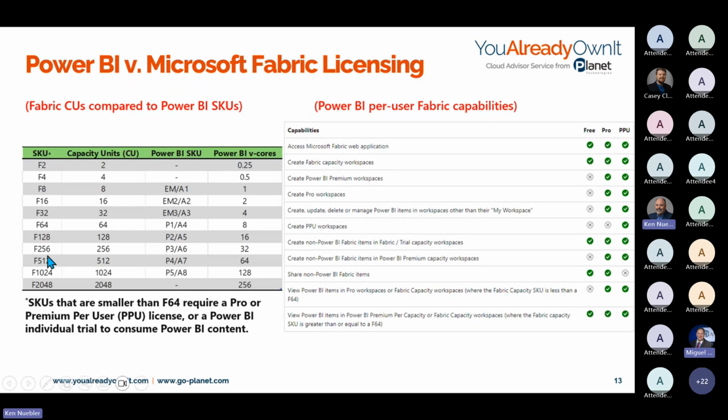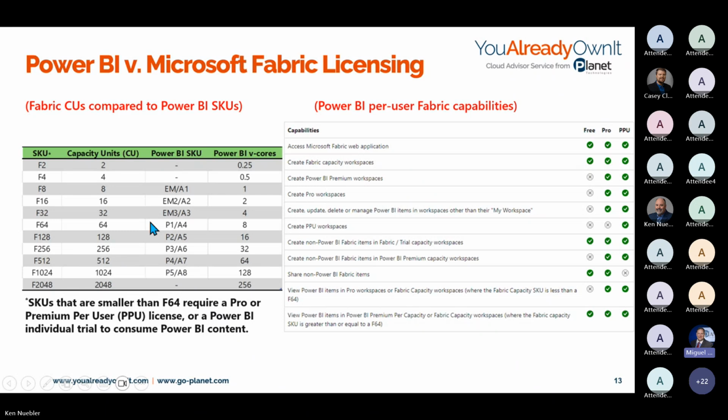Next slide, please. And well, before we leave this slide, Mike, yeah. I'm going to make sure we have time for the demo, but really quick question, well, not a question, a comment, right? Before, the minimum you could buy was P1, right? And now you've got all these lesser SKUs for maybe some smaller work situations, use cases. So that's a new addition as well. Yes, it is. You see that at the F8, F16, and F32.